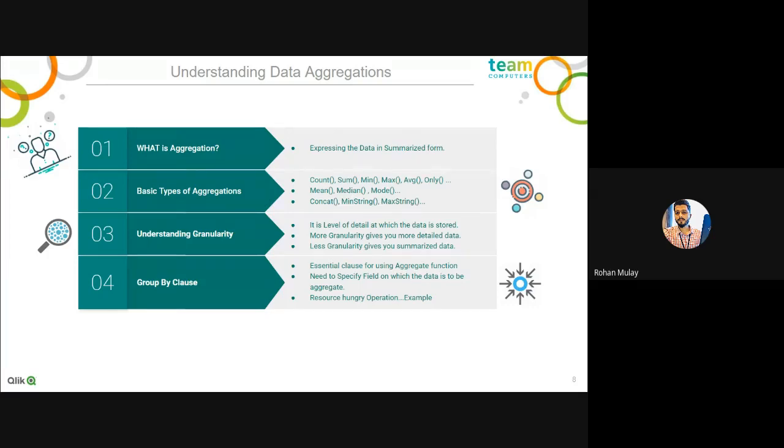So you have to use group by very carefully, and at a minimum level. You cannot use group by whenever it is required. What we can do is try to make minimum group by statements and merge multiple aggregations like count, sum, min, max in one single group by statement as much as possible, so that the fewer the group bys, the faster will be the reloads. So this is an overview of this.